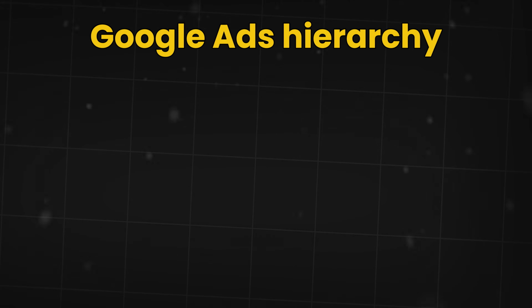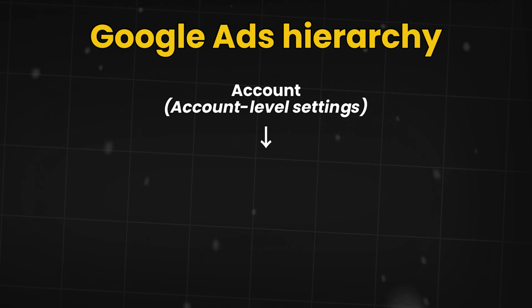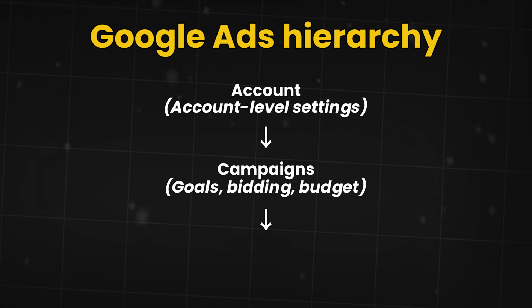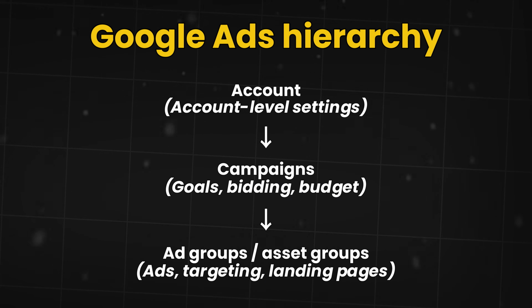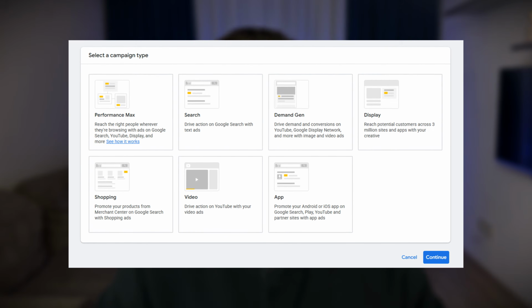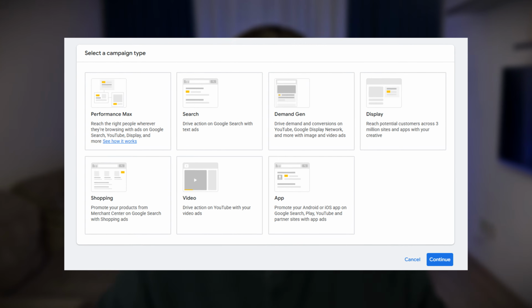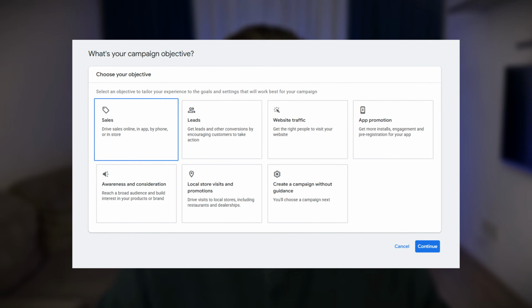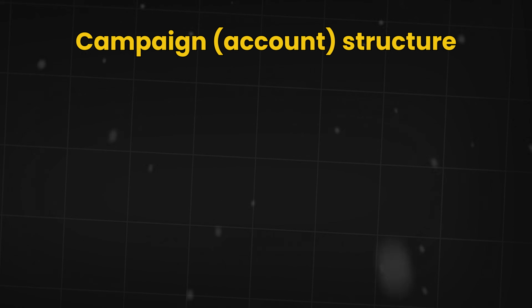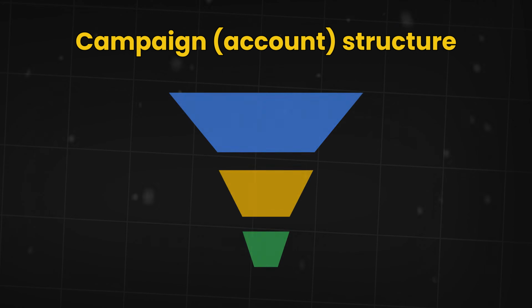So let's begin. As you might know, the hierarchy of Google Ads starts with your account at the top. Your account consists of campaigns, and your campaigns consist of ad groups and asset groups. In addition, on Google Ads, you have different campaign types, and different campaign types are really geared towards different goals. To help you visualize your campaign structure, I think it's most helpful to think about it in a way of